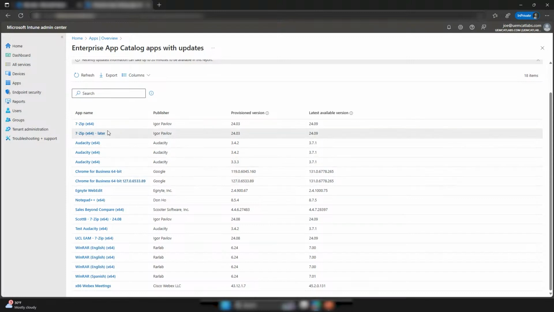When I look at these apps, I can see, for example, that WinRAR I was just showing you how to install. I was showing you version 7, but the version that I have available now for my end users to download is 6.24. So instead of repackaging 7 and then playing with my assignments,